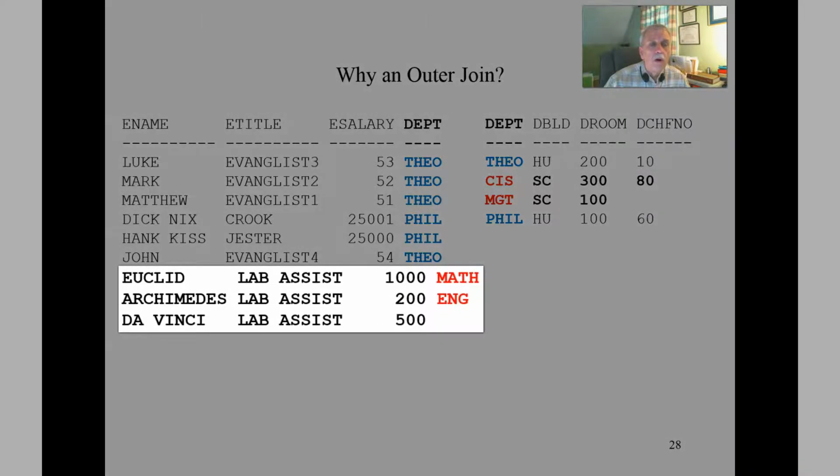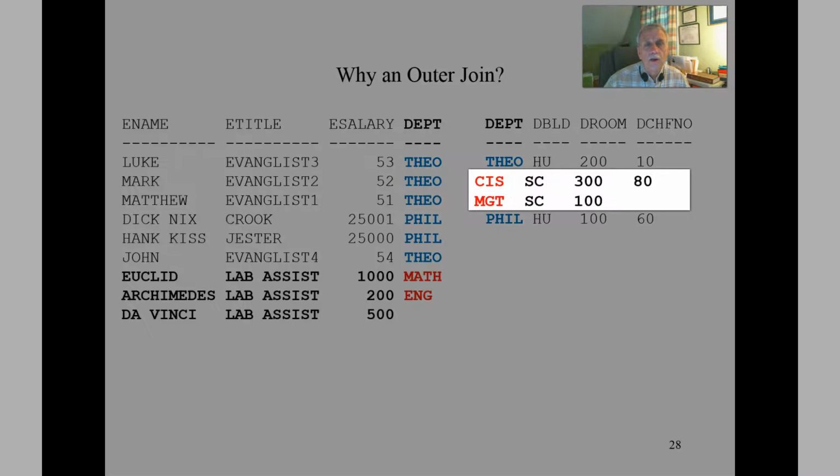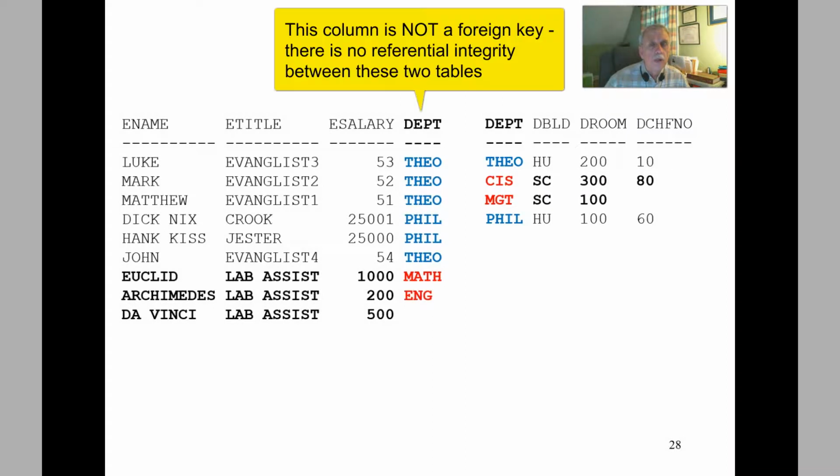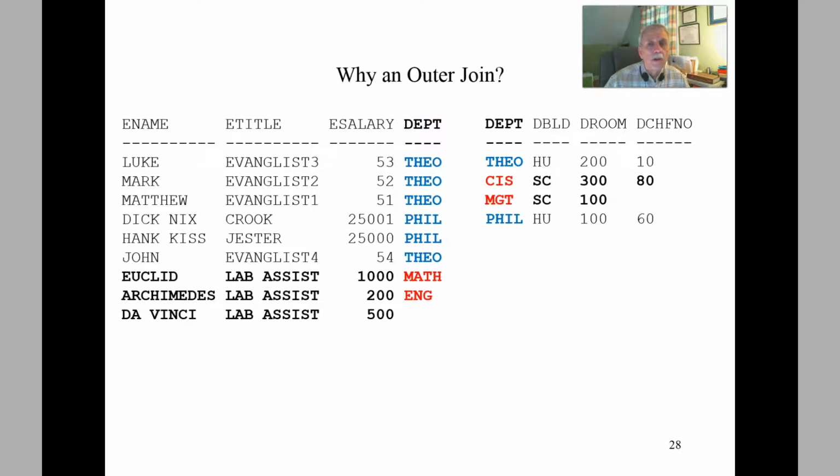We have Euclid, Archimedes, and Da Vinci, whose department ID is not present in the department table. And we also have in the department table two departments, CIS and management, which currently don't have any staff members assigned to them. Because there's not a formal relationship here, we can have values in what we might have thought to be the foreign key, the department column in the staff table, that are not present in the primary key